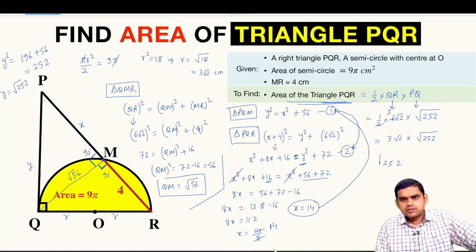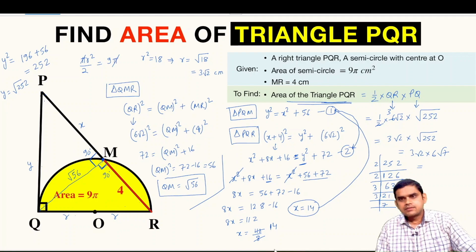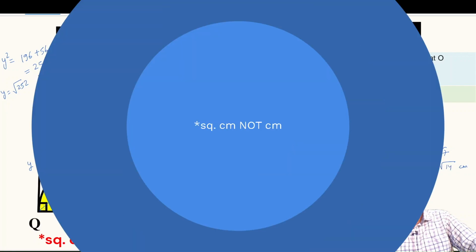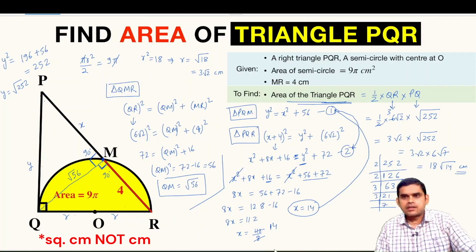252, 2 times 126, 2 times 63. Then you can write 3, 21, then 3, 7, and that's it. So it will be 6 root 7. It will be 3 root 2 multiplied by 6 root 7. 6 times 3 is 18 and root 14 centimeter as the area of triangle PQR, which will be approximately equal to